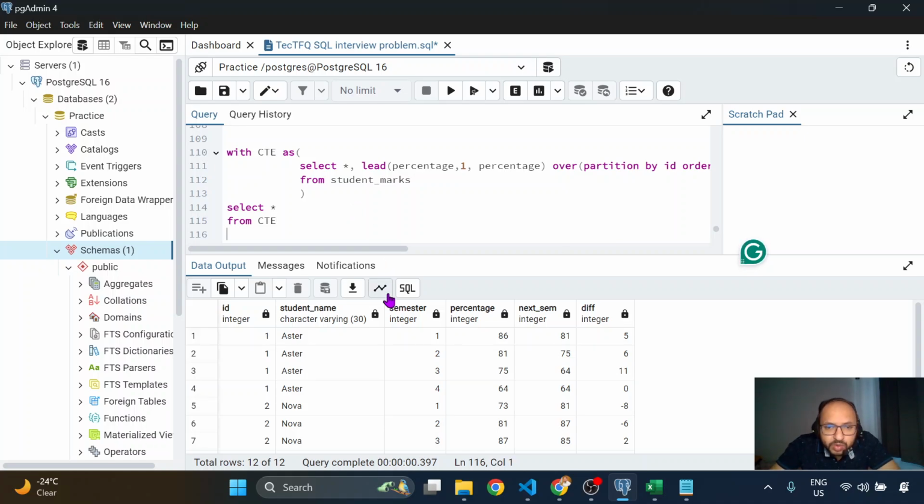Now think about this whole thing as a group, isn't it? A star, Nova. So we will group it by student name. And whenever we group it, we have to use some aggregate function. We can, like, sum those. Just think about it, okay, let's show it. Group by student name. If I run it, it will show an error